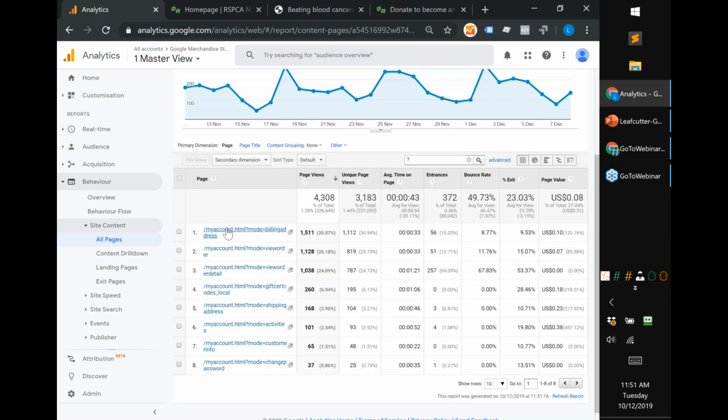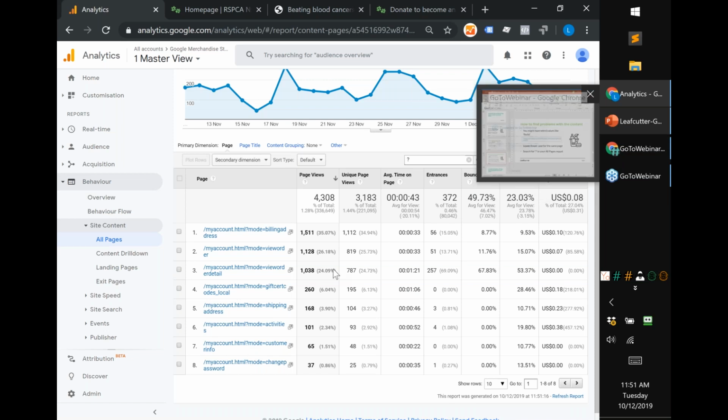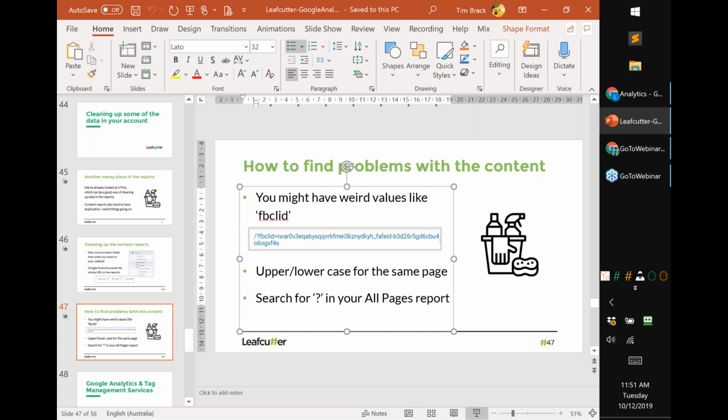And then that'll show any pages that had what's called a query string. And this just means, okay, people look at the myaccount.html page, and then there's a query string, and the mode is billing address. And here's the mode is like view order. Anyway, this is specific to the website. Now, in this kind of case for this website, I may be like, yeah, that's okay. Like I can leave all those values. They're totally fine.